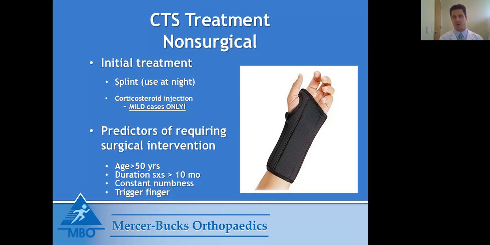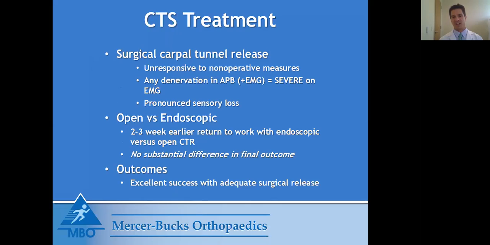And of course, if your nerve studies show severe compression, then you're pretty much immediately a candidate for the surgical decompression. If your nerve studies show severe changes, then it's unlikely that any non-surgical treatments are going to make this better. And we also want to make sure that we're not going to develop any kind of permanent injuries to the nerve. You know, if there's pronounced sensory loss, if it's been going on for a pretty long time,